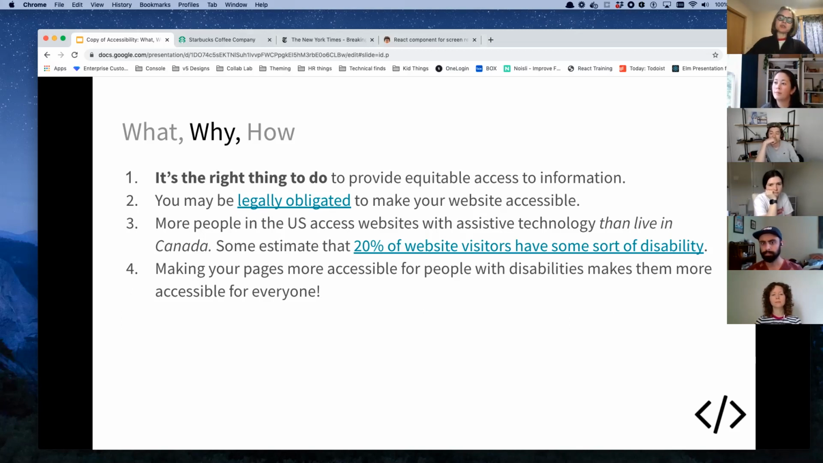So what's really interesting, I think, and this is a really great business case to bring up if you are ever working with a company who's super resistant to wanting to spend time on accessibility for the website: making your pages more accessible for people with disabilities improves the experience for everyone. So if you think about,